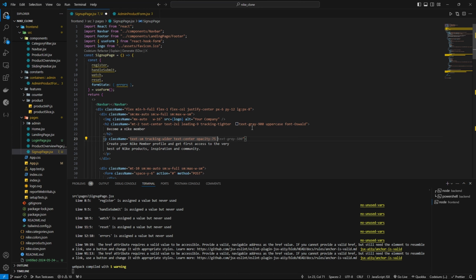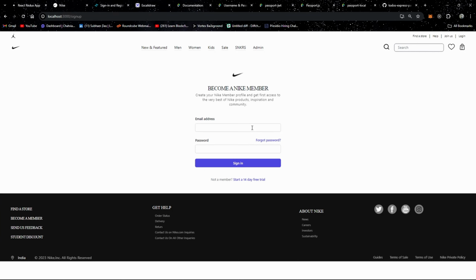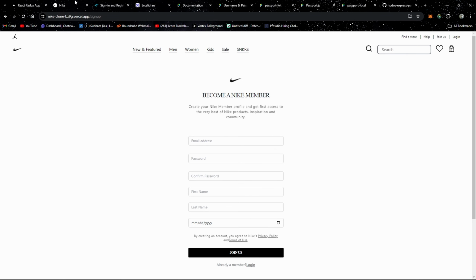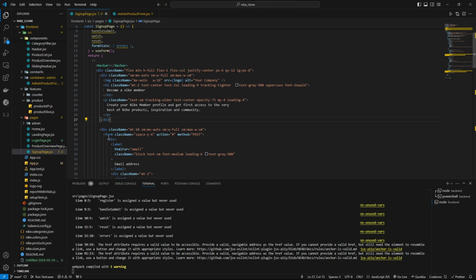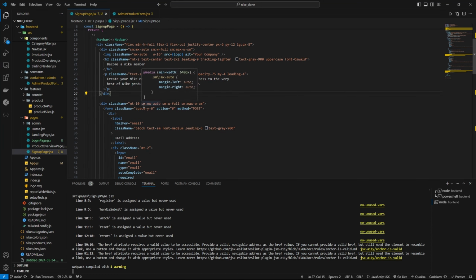I need some gap, so my4, and then let's give leading 5. Now it is looking kind of good. Now we have made this one also. Text center. Okay, MT10 SM MX auto. Okay,